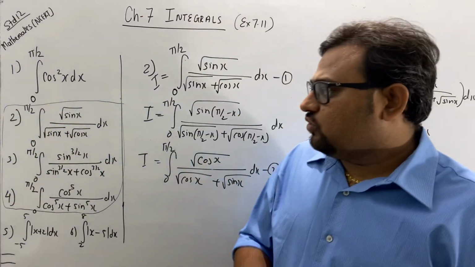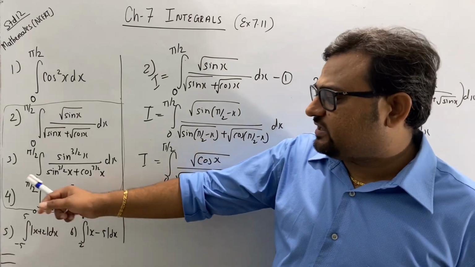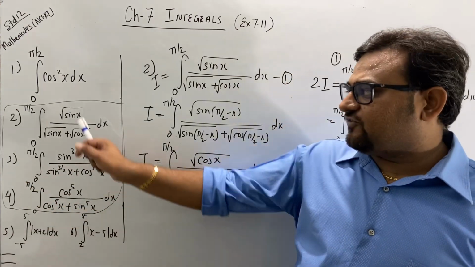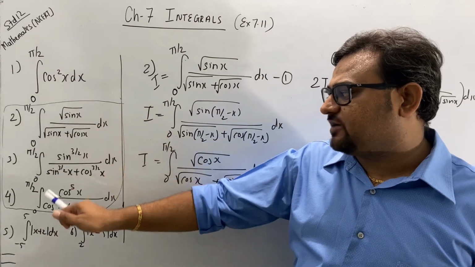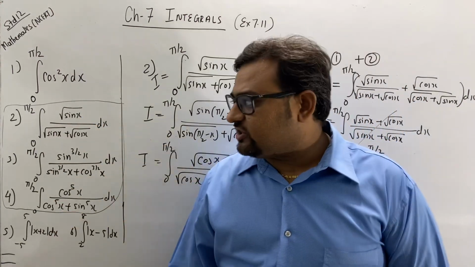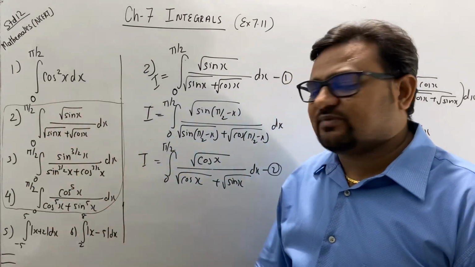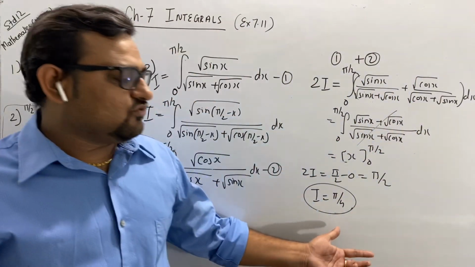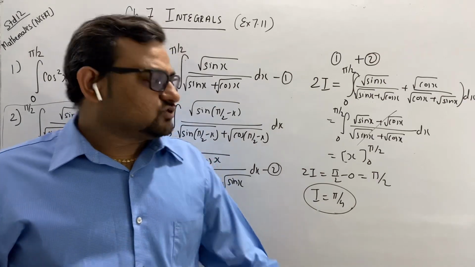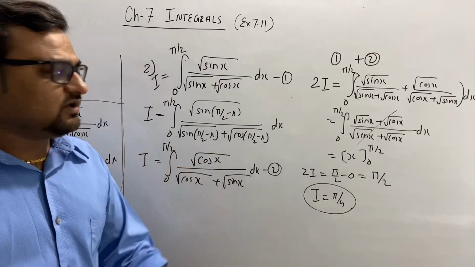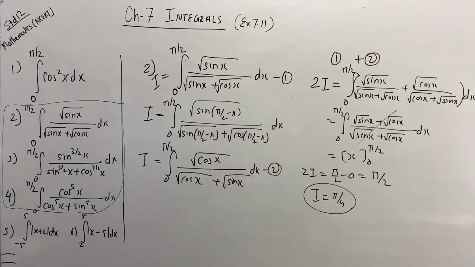Okay. Now, similarly, you have to solve question 3 and question 4. Okay. So the only difference is in the power. Here it is 1 by 2, here it is 3 by 2, here it is 5. So in all these three, the limit is the same. Right? So in all these three sums, the answer will be equal to pi by 4. Clear? So go through question 2. Okay. And you have to solve third and fourth by yourself. Note down question 2.